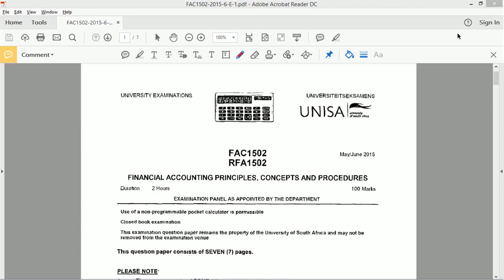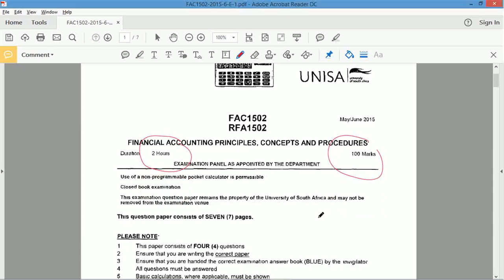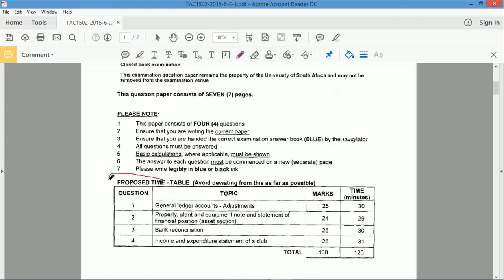We are looking at FAC1502. We're looking at the May-June 2015 paper. It's a 2-hour paper out of 100 marks. Good exam technique: have a look at the proposed timetable and start with the question that you feel most comfortable